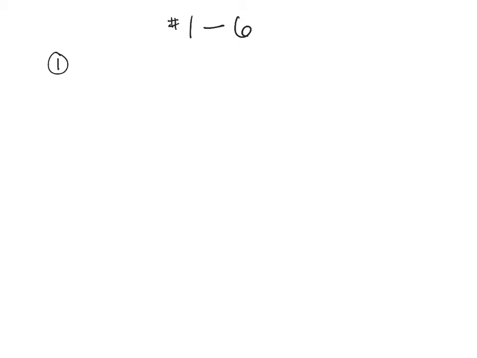Problem number 1 actually already gives us the triangle, which is very nice. If you can, always draw the triangle. That's going to make life so much easier. And it's also easier for me while I am grading, because it gives me a really nice spot just to go through and see, hey, where are all your answers? So in this one, side length A was 22, side length B was 20, and our angle C is 95